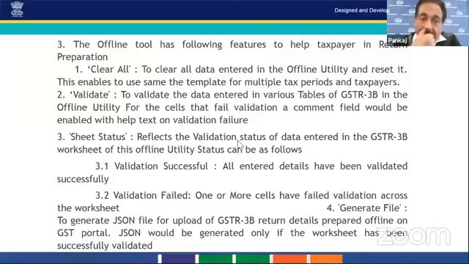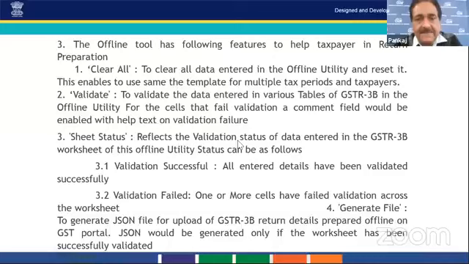And please note that you are required to file only that template which you download from the offline tool, because even if you are using the same format of Excel template, you may face certain challenges, because in the template provided in the offline tool at the GST portal, there are certain inbuilt validations. So please use only that template which is being provided in the GST offline tool.